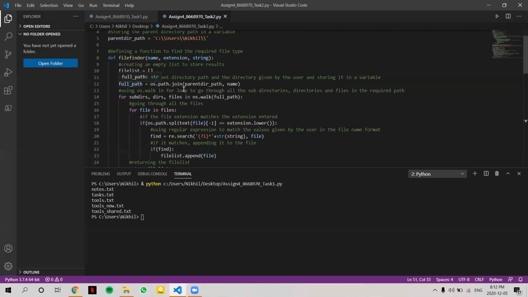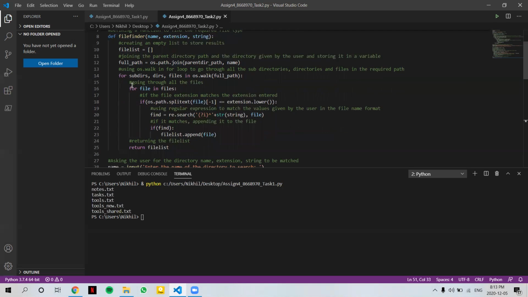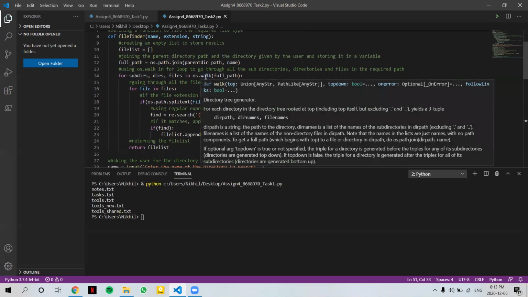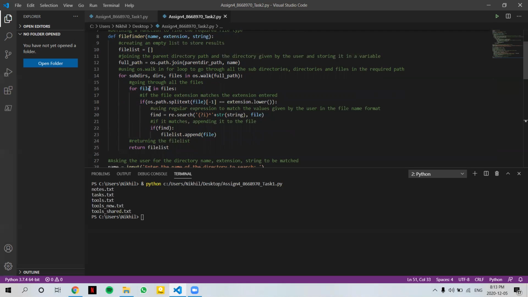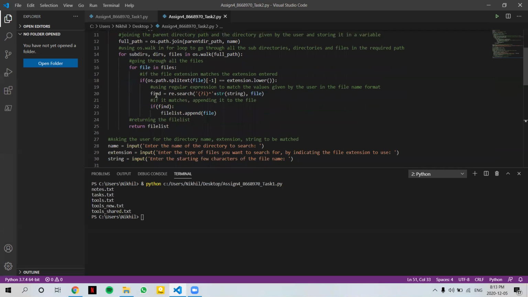So here the full path is the name of the directory we give and the parent directory path. I'm joining these two. The for loop logic is the same as the earlier one. It is once again going through all the files, and coming to this one, I'm using splitext to match the last index of the file, basically the extension. So I'm using the -1 index here, and I'm using .lower to match the extension, whatever the case may